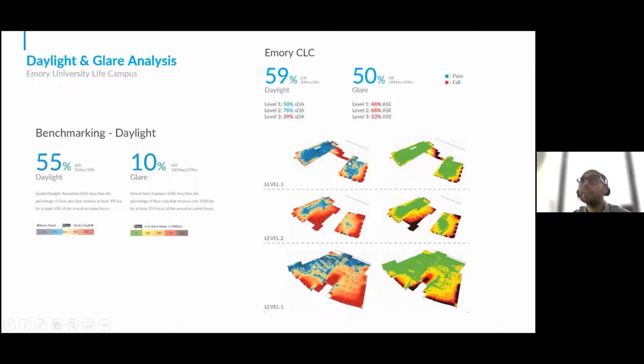For example, in this case, level 3 is basically saying there are two critical areas, which is this one and this one, which would need some sort of glare mitigation strategy. Similarly, if you're looking at level 2, there are, again, those two corners, which would need similar strategies. If you're looking at level 1, in this case, it's more towards this front side that you have to provide the glare mitigation strategies. So they were able to actually provide that strategy in the project and make it more